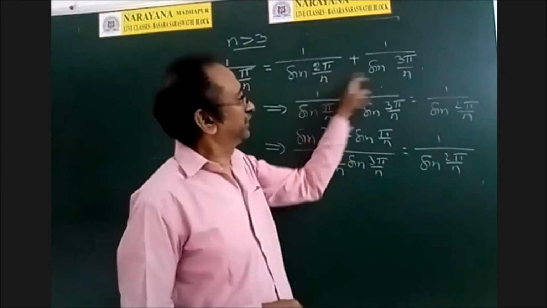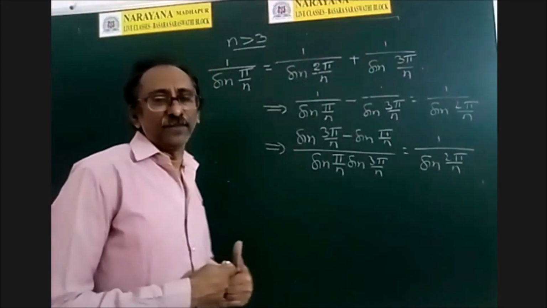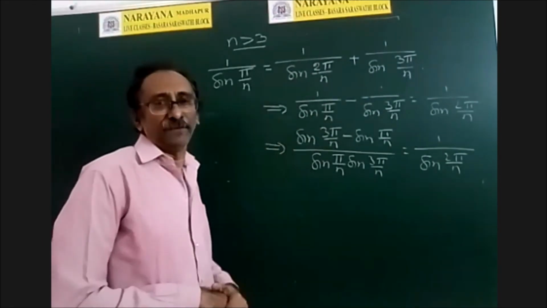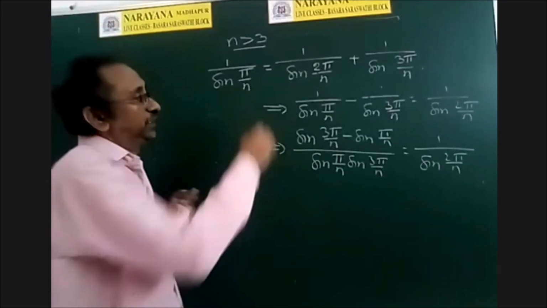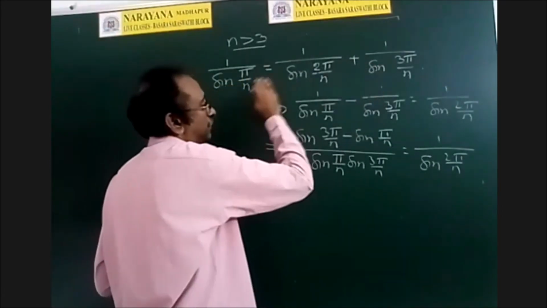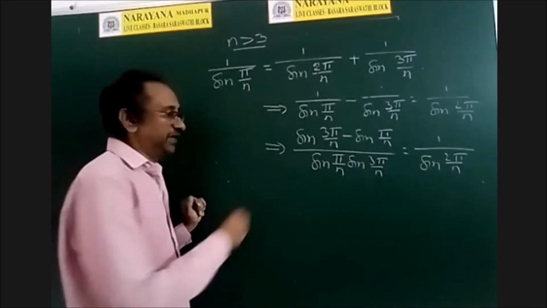Suppose if I take LCM on the other side, you will get 3 pi plus 2 pi, that is 5 pi by 2, and 3 pi minus 2 pi, pi by 2, so fractions will come. That's why, in general, if there are two odd numbers, we will take them on one side. Okay, that is better.